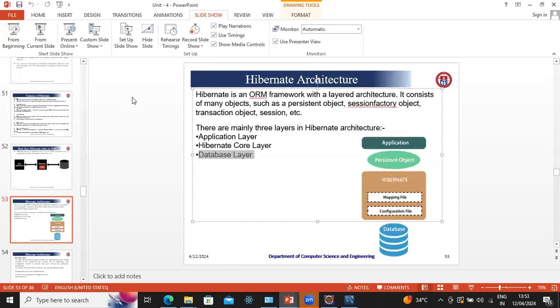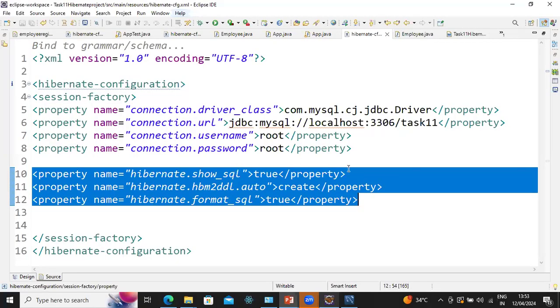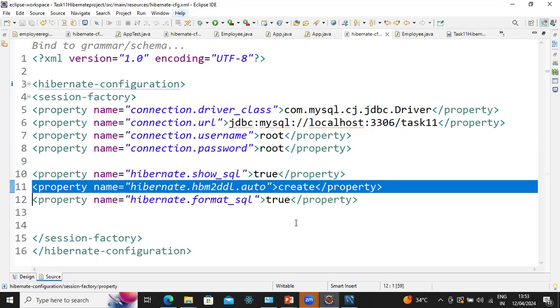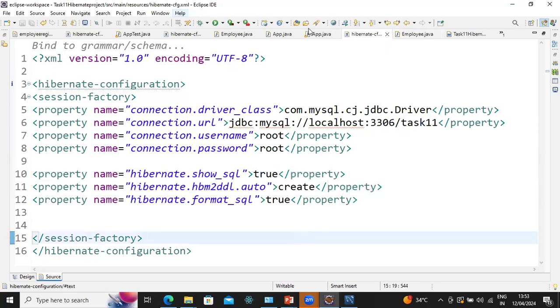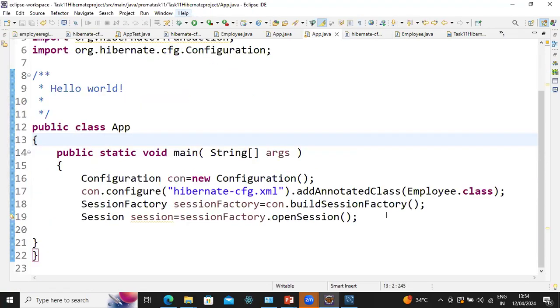So now you understand this architecture. 3 layers we have used. The application layer is app.java. The persistent object is our Employee.java. And the Hibernate mapping we have performed using the configuration file. We have mapped with localhost 3306. Okay. And performed the automatic, that is auto table creation. Okay. So now if you want to insert data inside the table that has been created,